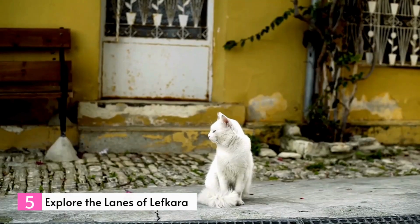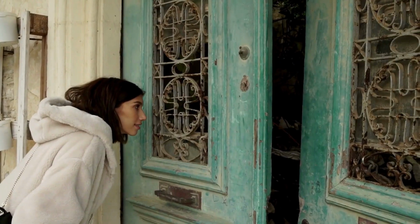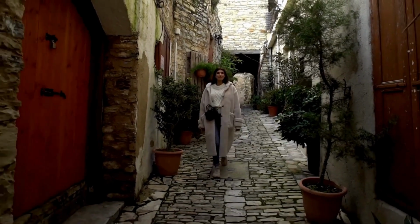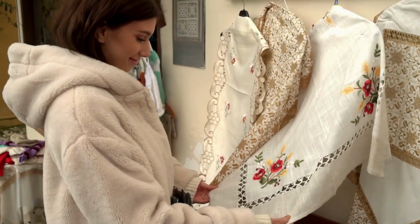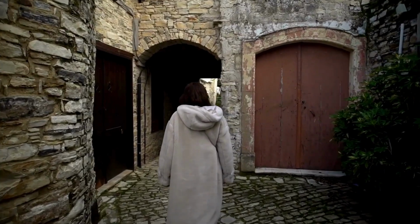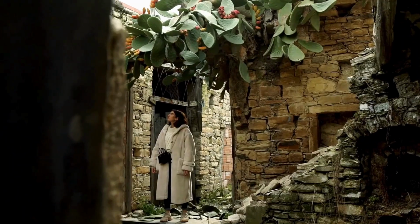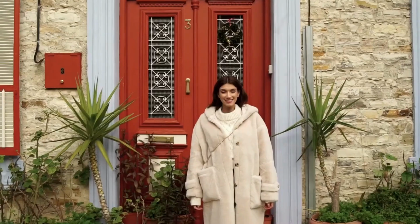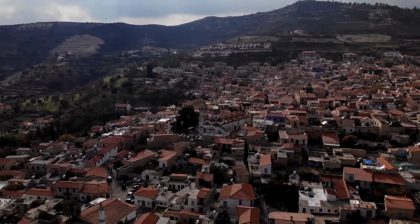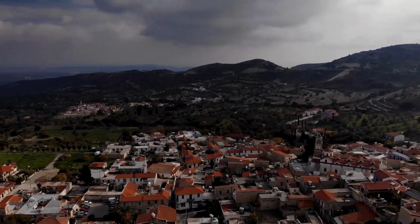Number 5, explore the lanes of Lefkara. The villages surrounding Larnaca offer a unique opportunity to experience the authentic Cypriot lifestyle. One of the must-visit places is the charming village of Lefkara, located to the west of Larnaca. Lefkara is renowned for its exquisite lace production and is a treasure trove of well-preserved mansion architecture, cozy cafes, and numerous lace shops. Here, local women can be seen basking in the sun as they skillfully create intricate lace pieces